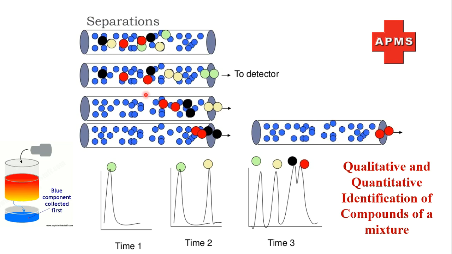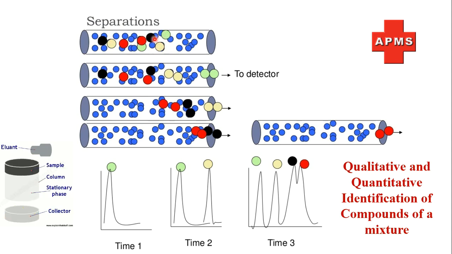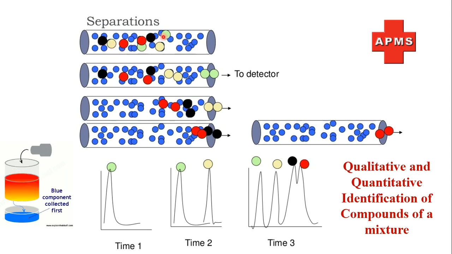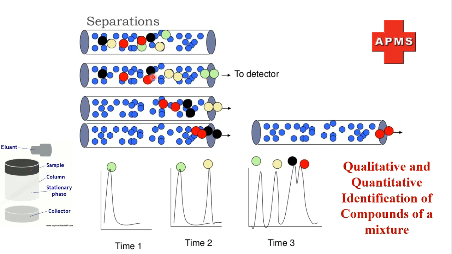These are mobile phase gas. And these big particles, the red color particles, black color particles, and green or other particles are sample particles. These are different components. This red color is one component, black colored is the second component, green color is the third component, and this other color is the fourth component. Now when this mobile phase travels inside the column, these will be separated according